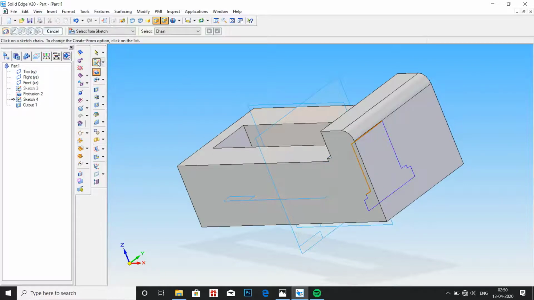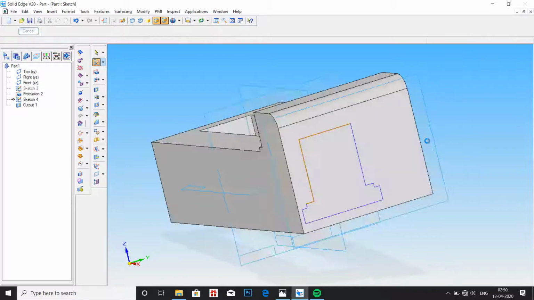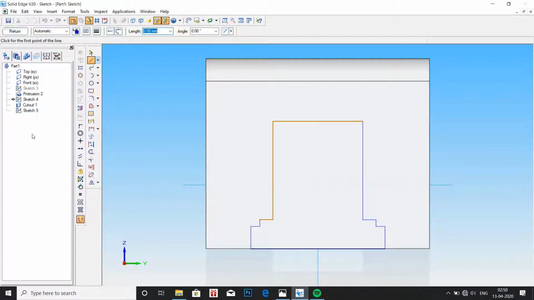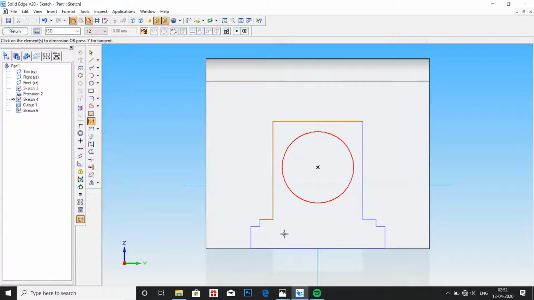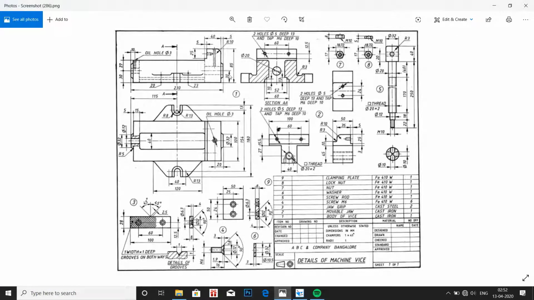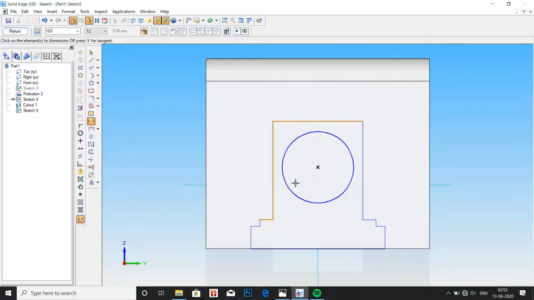Go to sketch and select this profile to produce the circular protrusion. Draw a circle of 32 mm. Here remember, you should not draw a circle at the origin point, because later you cannot dimension it. So we can see that from bottom it is at a height of 30 mm.